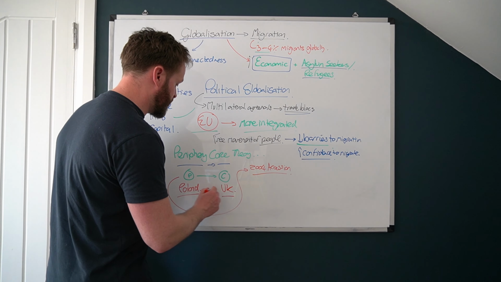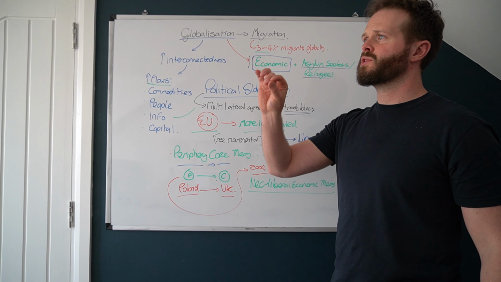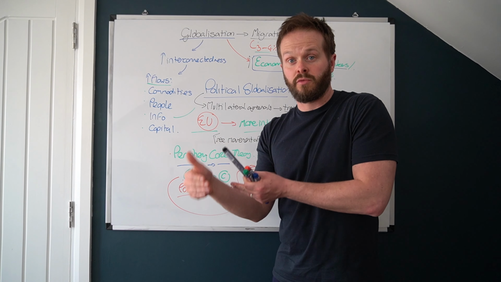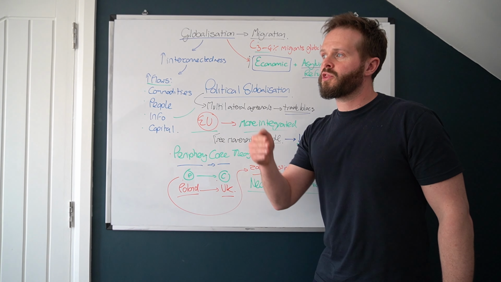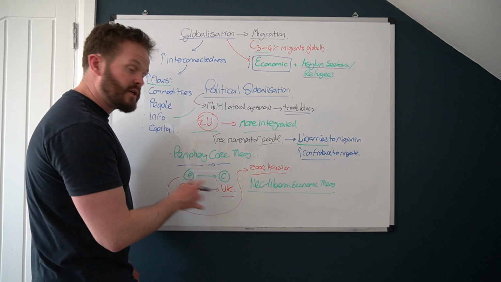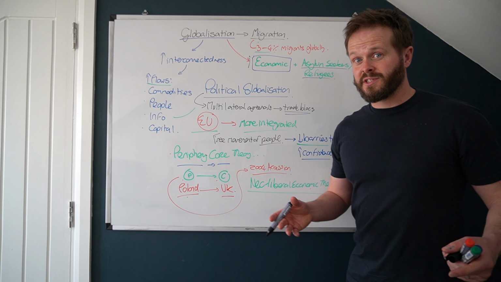People are mainly going to move from periphery to core countries. So what's the theory that explains why we would allow that movement in the first place? It's this one. It's neoliberal economic theory. Neoliberal economic theory is the theory that promotes the free movement of things, the efficient movement of things. So essentially, if a resource is needed for economic growth to take place, it's the theory that states, why would you put things in the way of that movement? The resource could be a physical thing, the resource could be a person. So what neoliberal economic theory would promote is, why don't we just let people move freely from one place to the other? Fill a labour gap, the workforce is now more productive, contributing to GDP.